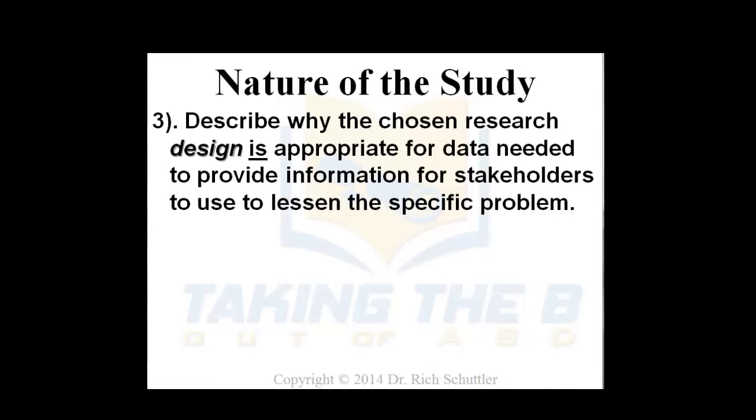See how these are aligning? So the first paragraph was the chosen research method and design. The second one was why one of the other ones was not appropriate for your study. Now in paragraph number 3, you're telling us why your research design was appropriate. And guess what's in the 4th paragraph?